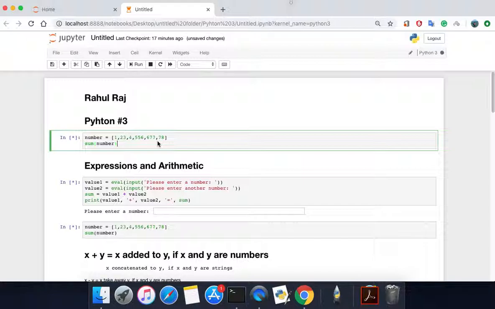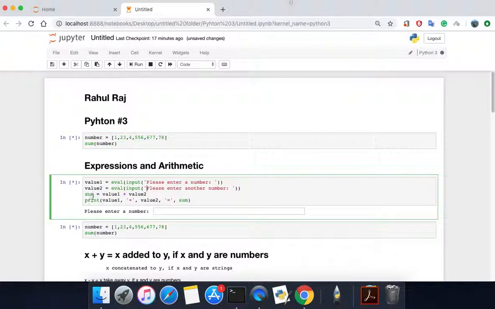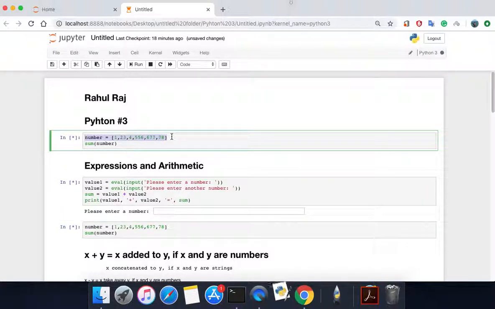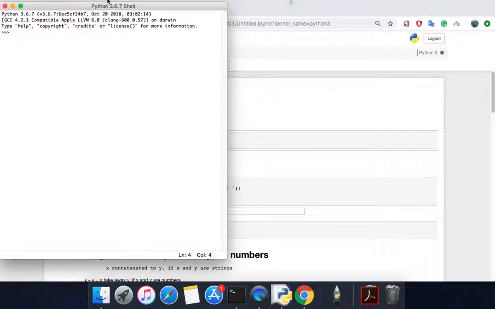Firstly, we took two values, value 1 and value 2, and we are using the sum function. The sum function is where we can use a lot of numbers like this, and if you want to add all these numbers at one time, then you can simply type sum and the numbers, and it will automatically